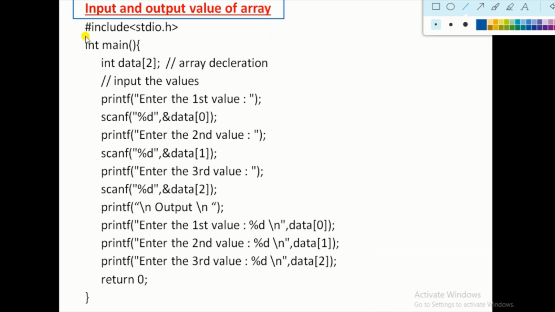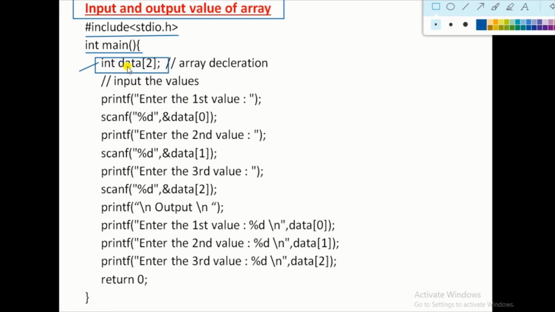So first we include our header file, that is include stdio.h. Then we write int main and declare our array, that is integer type data[3]. Here the name of the array is data, it is integer type, and the storing capacity of that array is 3. So it can hold up to 3 values.